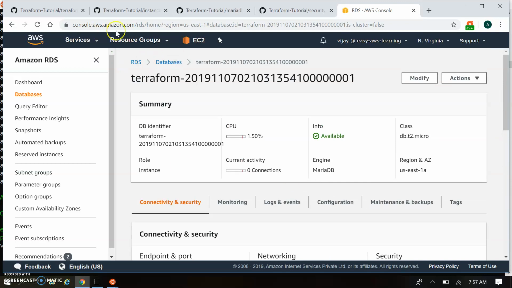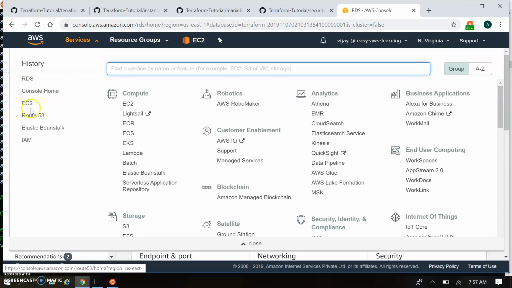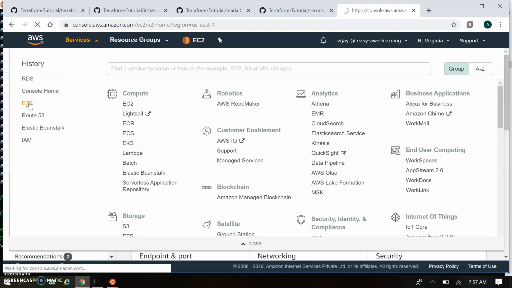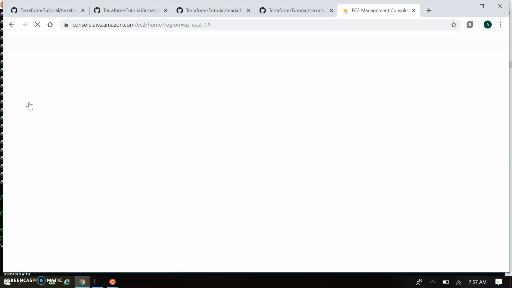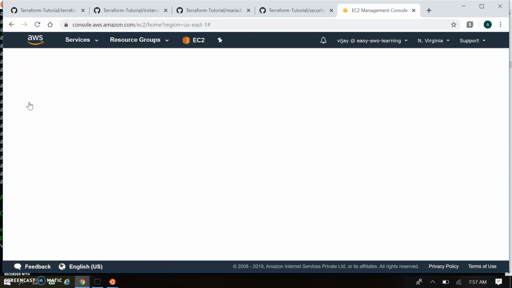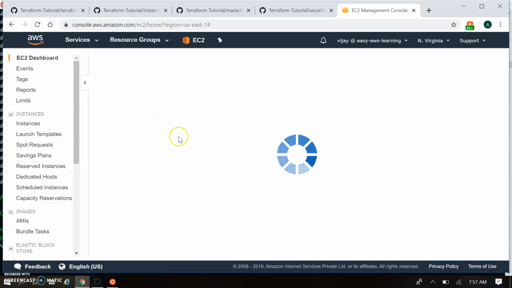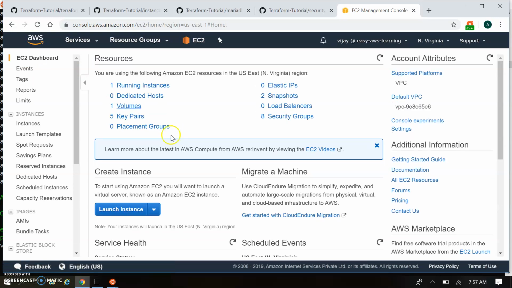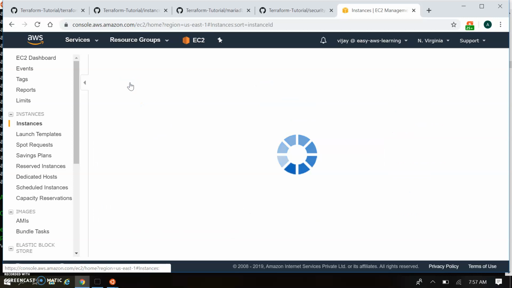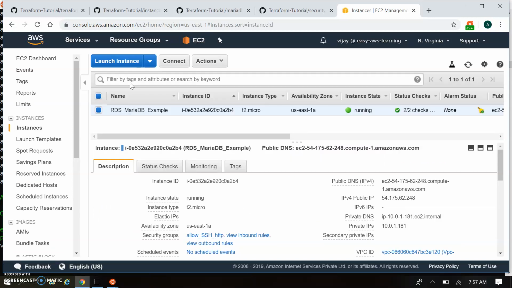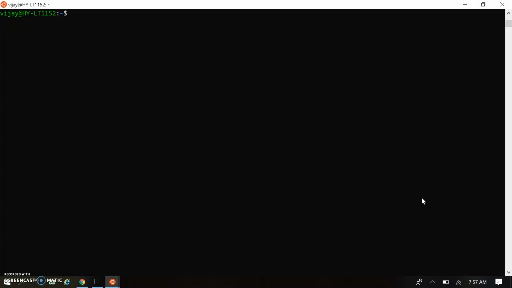And apart from this, we also created the EC2 instance. Let's go to the EC2 instance. So one EC2 instance we have created, which we will take SSH access to. Now I'm taking SSH of this EC2 instance and we'll connect to the database.